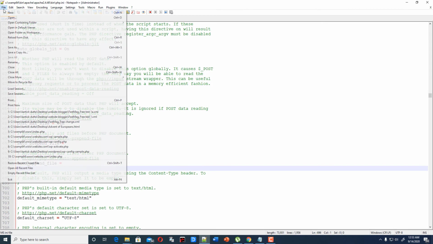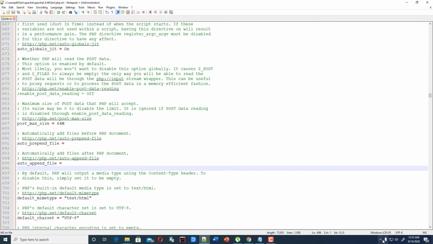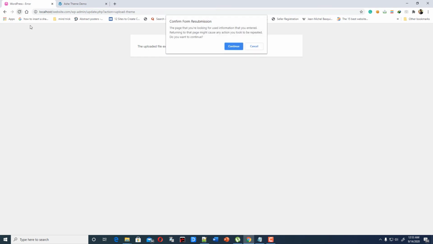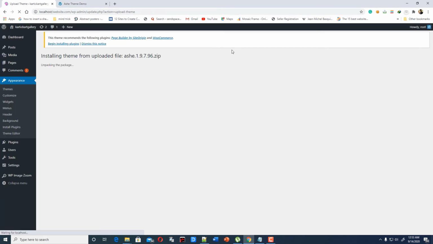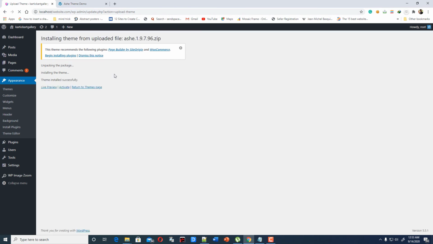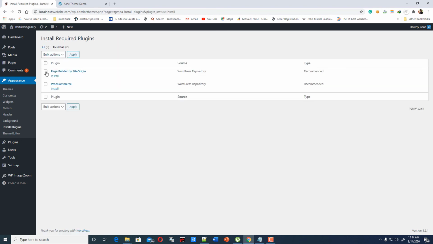So I'm just saving here. I'm just going to this WAMP server. Restart everything, and now refresh this one, and now you can see this theme is automatically installed. So here is the trick. You can exceed your maximum upload size